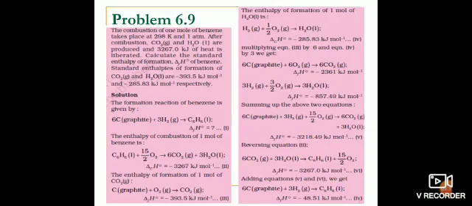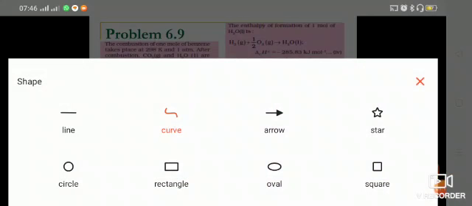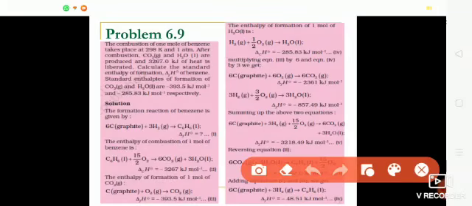To write the reaction of formation, we use the elements in their elemental form. Benzene bears the formula C6H6. So it requires 6 moles of carbon and 3 moles of dihydrogen gas.